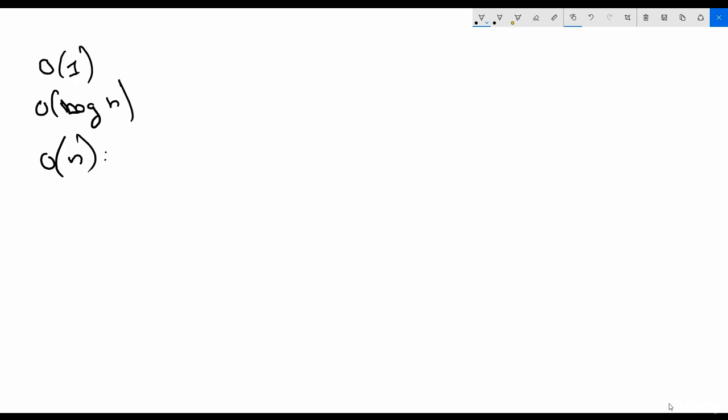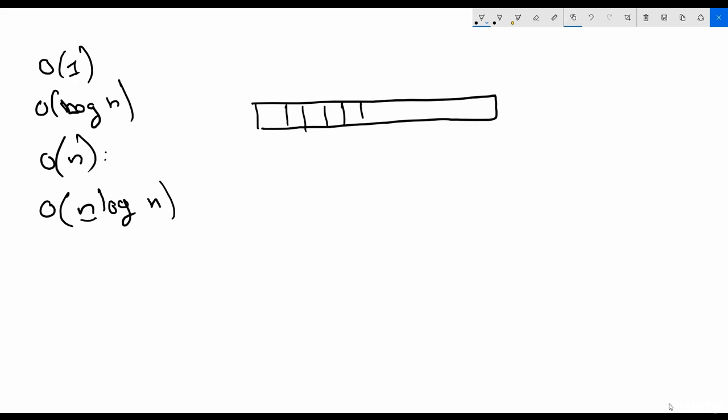Another very important family of complexities that you have to know throughout your curriculum is order n log n. Okay, we say that this is the super linear complexity. Basically, this is an algorithm that requires n operations, where every operation takes logarithmic time. So that's basically it. So let's say, for example, you have an array, a sorted array,